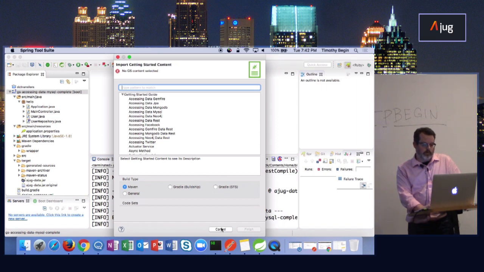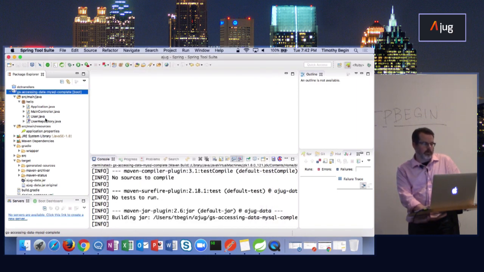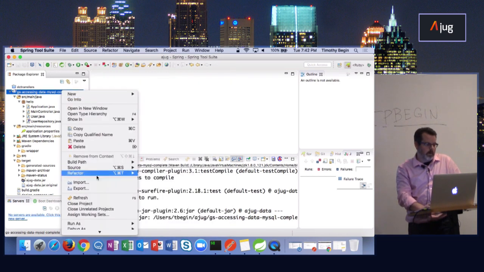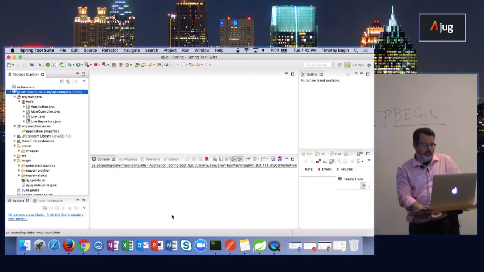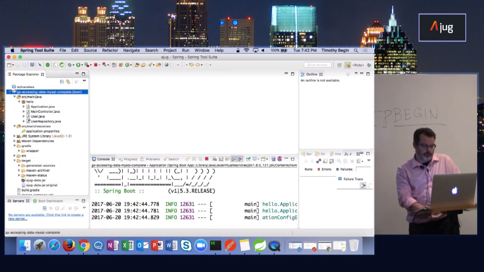So what this does is this will actually create a project for you. It'll pull it down from Spring's GitHub repo and it will install it into your IDE, and then you've got the sample code and you can run it locally. So if I want to run this locally as a Spring Boot application, it will do that.